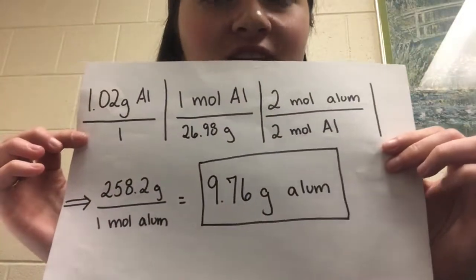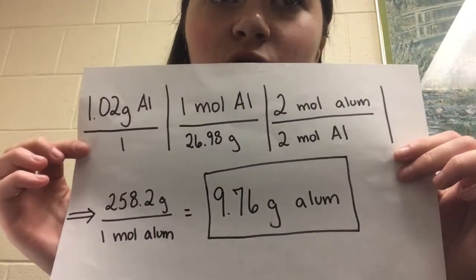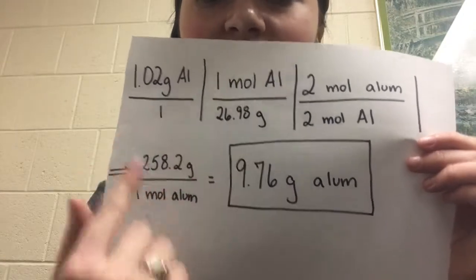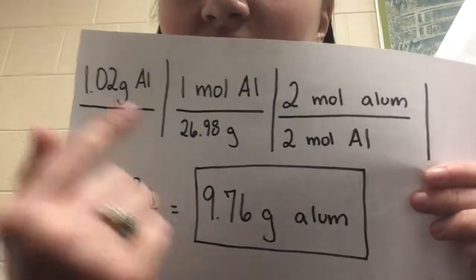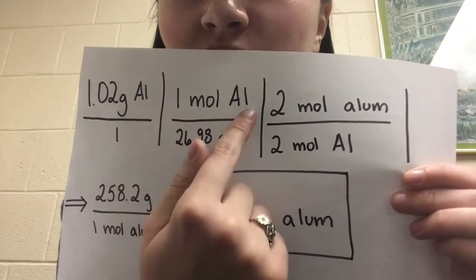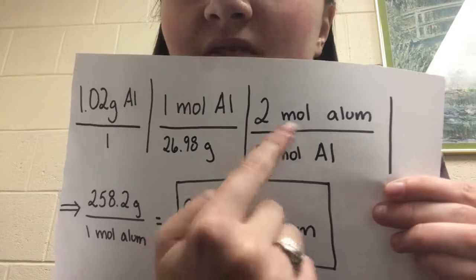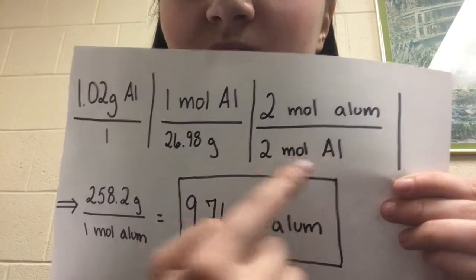Hello fellow chemists, my name is Maria-Manuel Miranda, and I'm here to tell you about my new Broadway show, Alumander Chemilton. It is important to note that this show is based upon true chemistry and mathematics, some I'd like to share with you now. Through the process pictured here, called dimensional analysis, in conjunction with the balanced chemical equation shown earlier in the video, we can find that the 1.02 grams of aluminum we began with should result in 9.76 grams of alum. We go through this process by knowing that 1 mole of aluminum is equivalent to 26.98 grams of aluminum. We also know that 2 moles of alum are produced for every 2 moles of aluminum consumed,